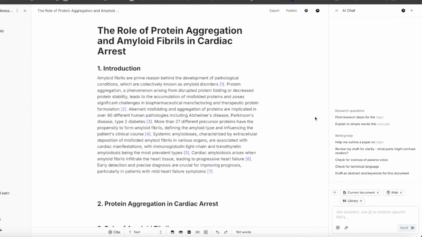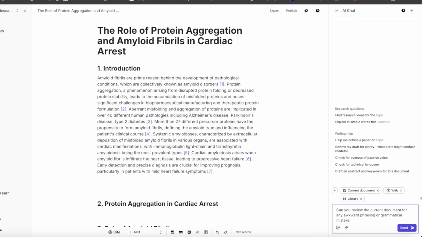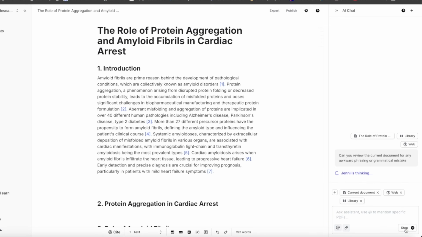Now, there is one more very interesting feature of Jenni AI which I want to include here, which is correcting grammatical mistakes and some random mistakes you may have made while writing. All you have to do is, let's say you have written a paragraph or a part of it, or even when you finish writing, give a prompt to Jenni AI over here. You can see on this side of the screen, you have to ask the assistant to check grammar for you. So give a prompt to the AI: can you review the current document for any awkward phrasing or grammatical mistakes, and just say send, and Jenni is going to